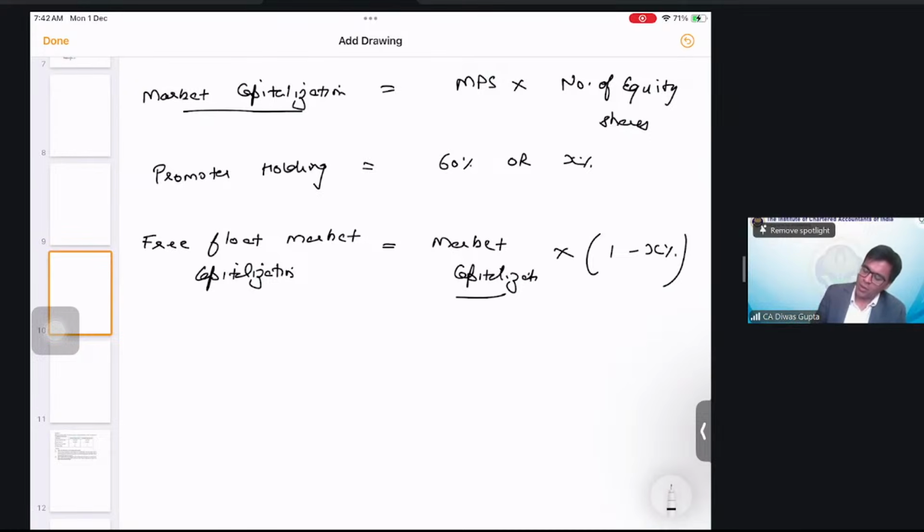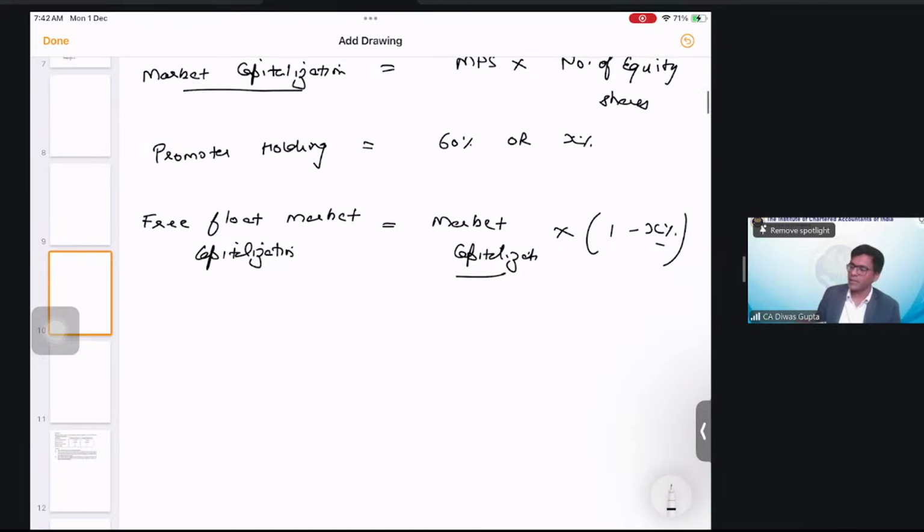So the overall market capitalization multiplied by 1 minus X means what? X is the promoter's holding. So free float market cap means other than promoter holding, what is a regular market capitalization? Okay. Then true cost of merger